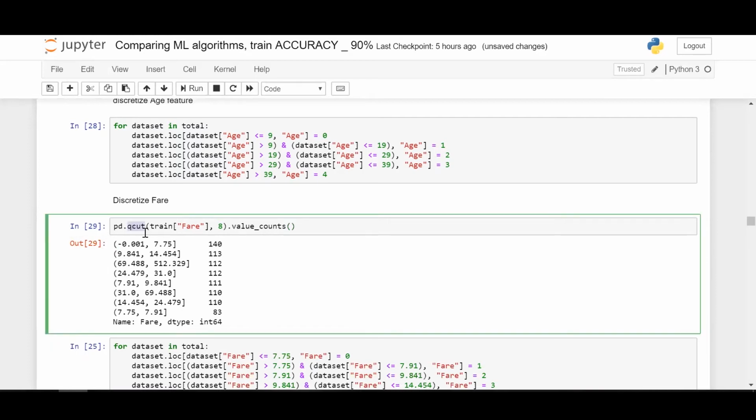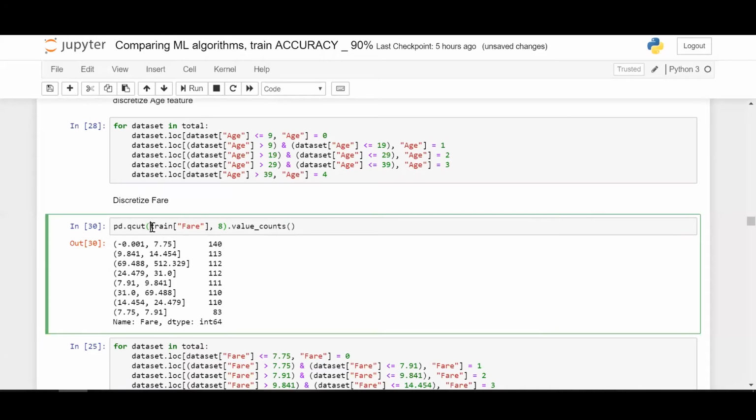And here you're using pandas qcut. So we're cutting the fare into 8 different categories. That's what this one does. It analyzes the fares and places them on a continuous linear scale, like the basic scale you used back in school, a 15 centimeter scale. So what pandas qcut does is it places them along the axis of a scale and divides them into 8 equal portions, based on the value counts. So this is what it does.